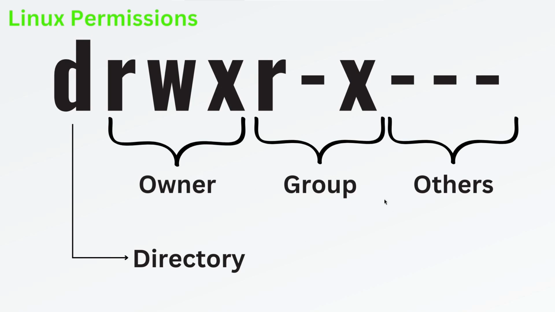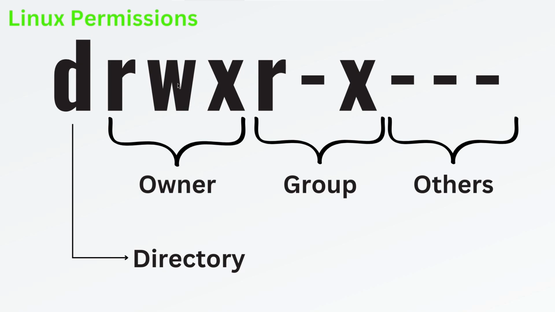Taking this example here on the screen, if we look at the owner's permissions, we can see that the presence of an R, this one here, indicates that the owner can list the contents of this directory. If there were a dash instead of a D, it would signify that this is a file, not a directory, and the owner could read the contents of that file. So with this, you can see if this is a directory with a D, or if it's a file with a dash, okay? And because the owner has a W, it means that the owner can add, remove, or